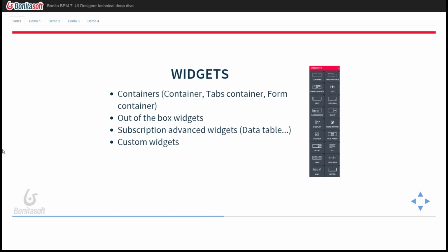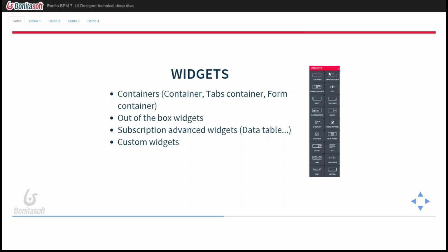Talking about widgets, here I'm going to give a bit of an overview about widgets. We already know that, of course, we don't have as many widgets as we had in BonitaSoft 6, but here are the ones we already have. We have containers. There are three different types of containers. Containers are a very specific type of widget because they can only contain other widgets. So container, tab container, and form container are three different types of widgets